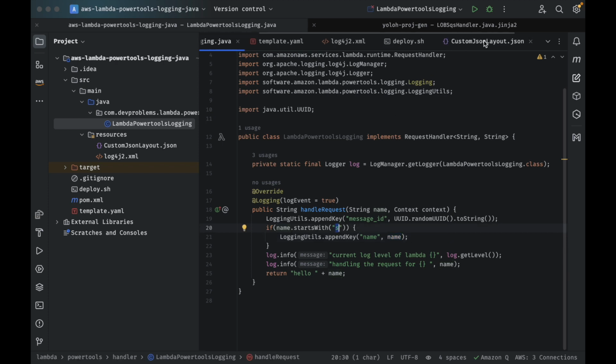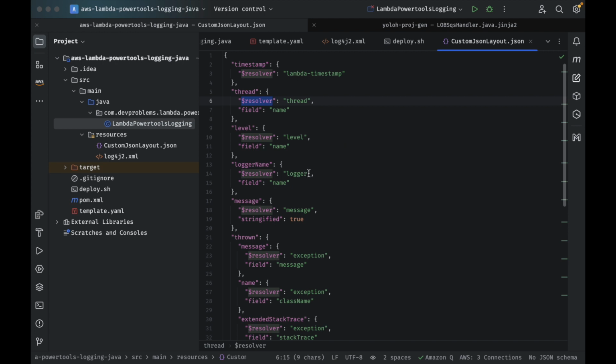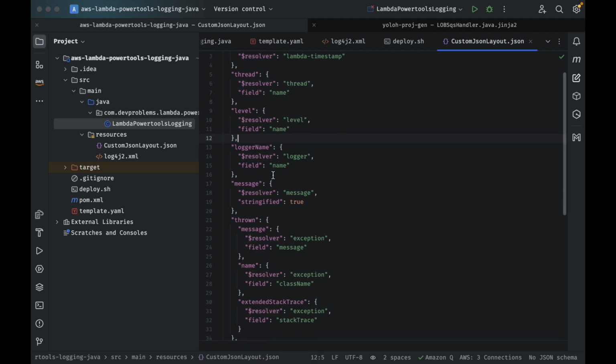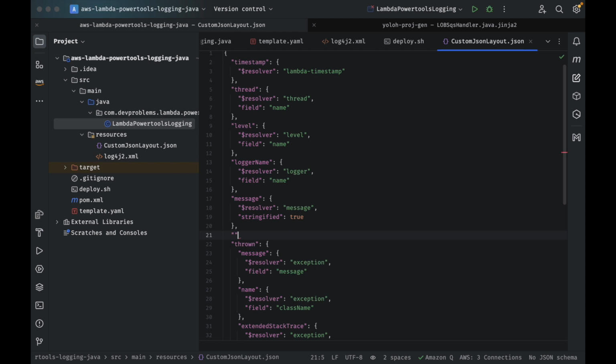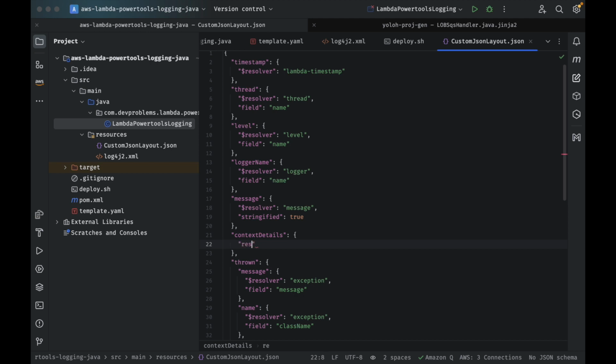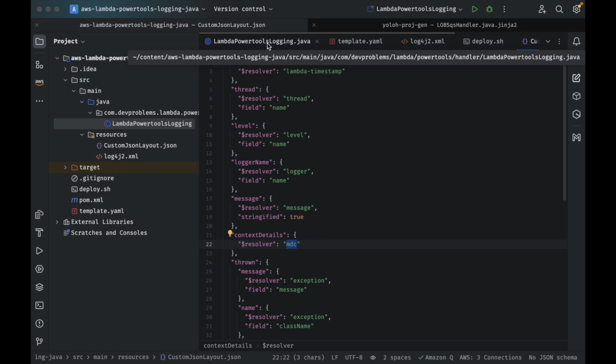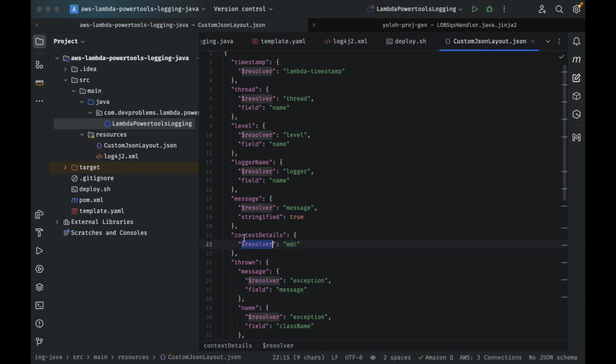Okay, but here we haven't added the information that I want to log message ID and the name, right? So in this JSON, we have to add those additional keys, not with the same name, not with the name called message ID and the name, but we have to add one more resolver. So I would like to give the key name as context details, and I will use a resolver over here. The name of that resolver is MDC. The MDC resolver adds our custom keys that we have added programmatically. Those keys will be resolved by this resolver MDC,